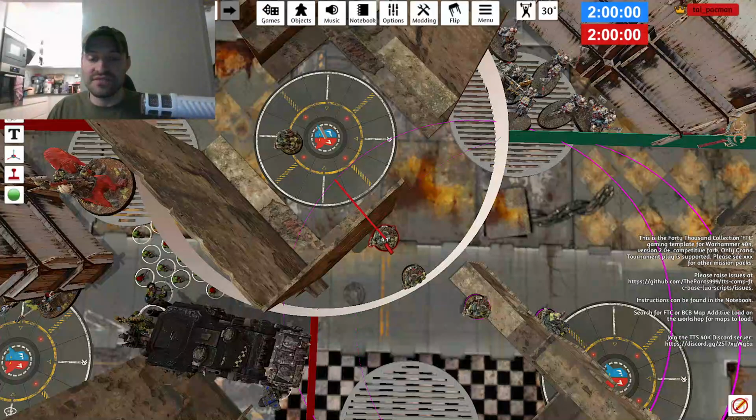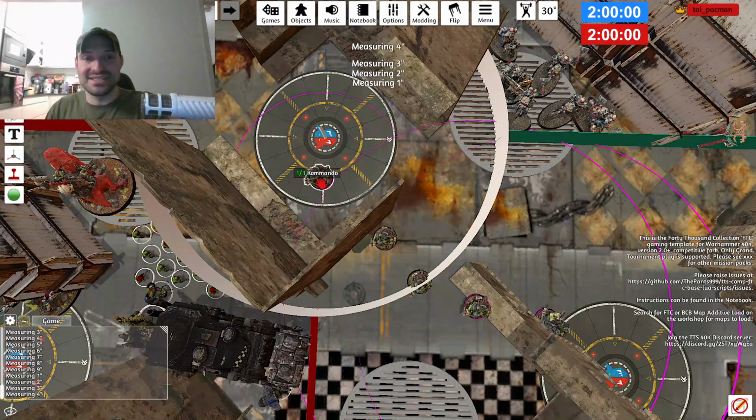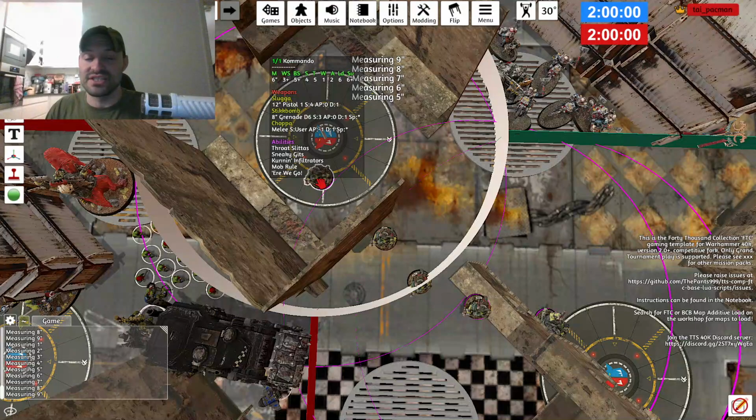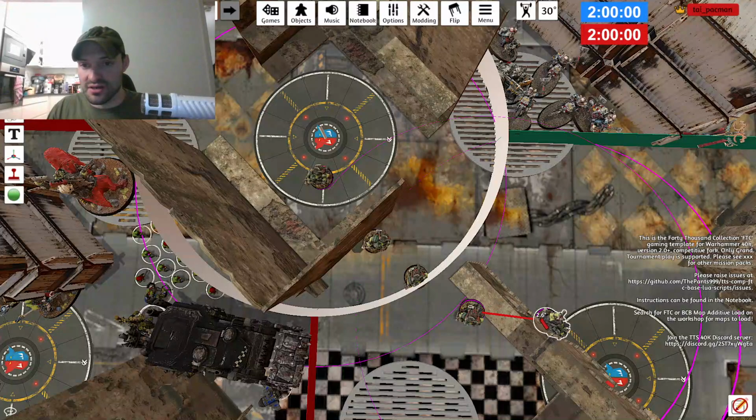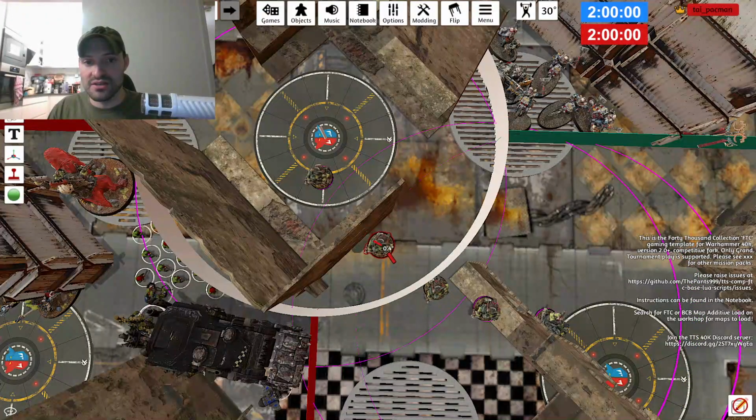all within 2 inches of each other, which by the way is not hard to accomplish because you just got to be within 2 inches to stay in coherency. All of these models now are going to be 9 inches away from the deployment zone, and they're all going to be legally within range of each other. So we'll just move him a little bit further here, move this guy here, move this guy here,